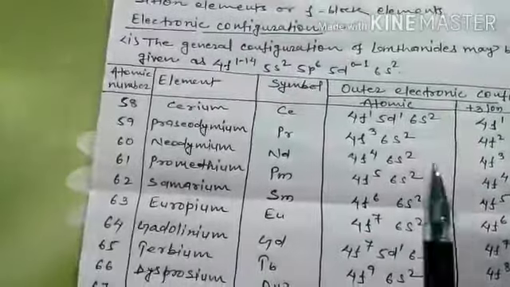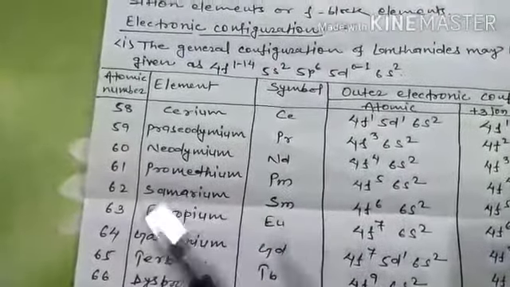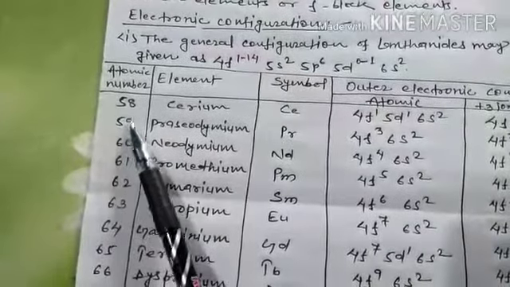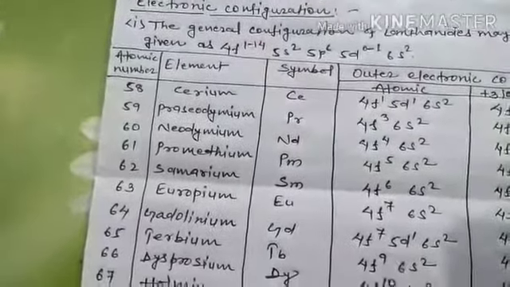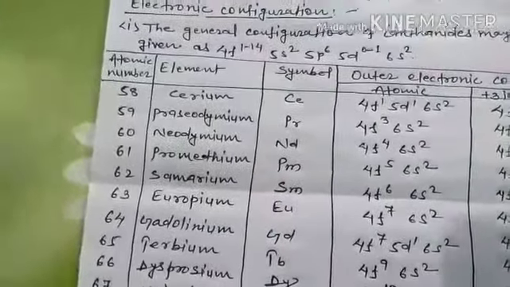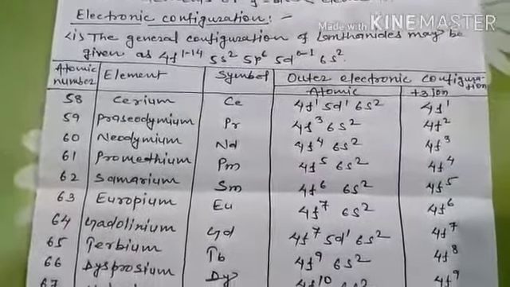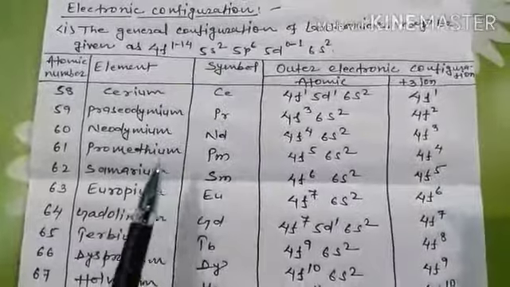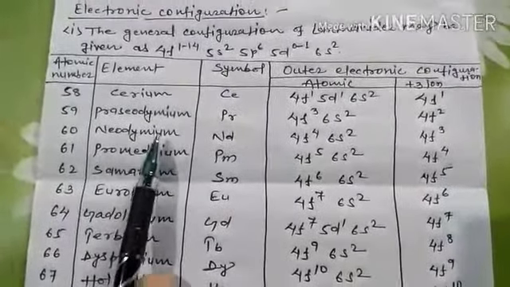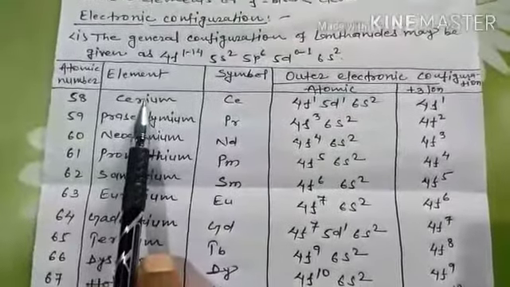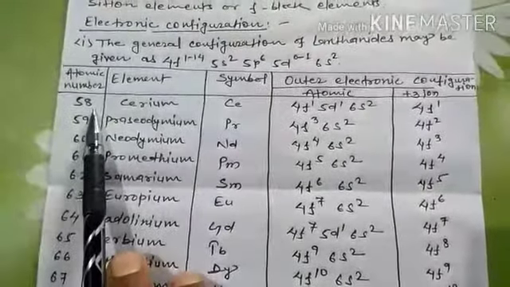So after lanthanum, from atomic number 58 to 71 is lanthanides. First element of this series is cerium, whose atomic number is 58, then